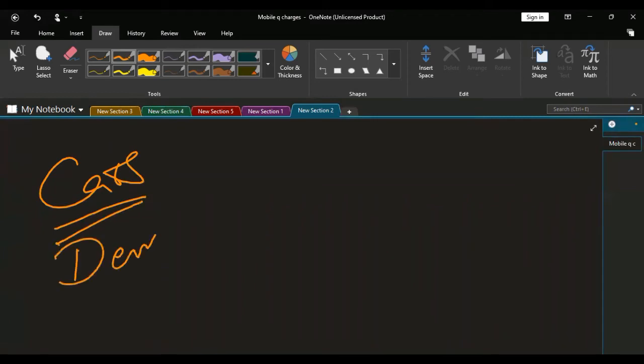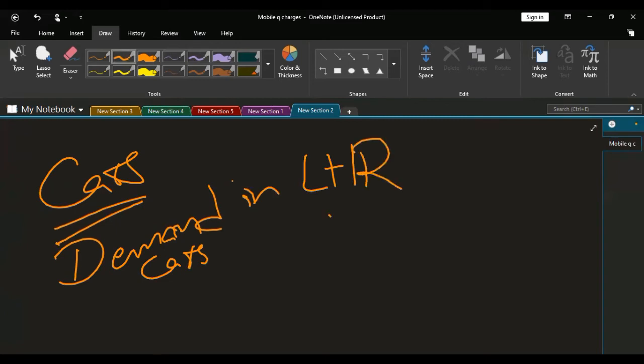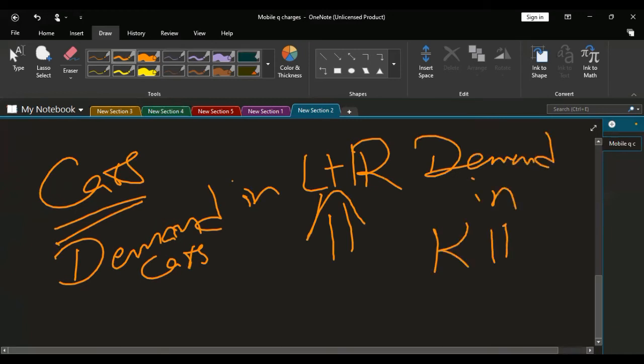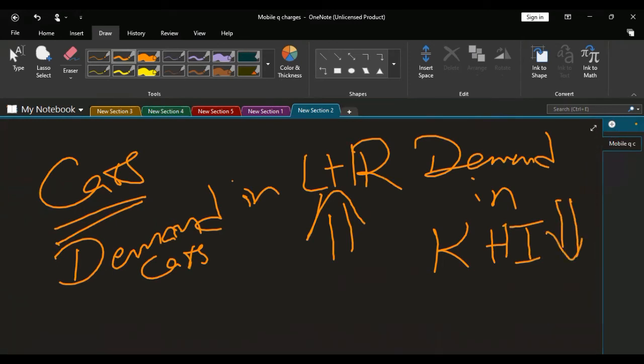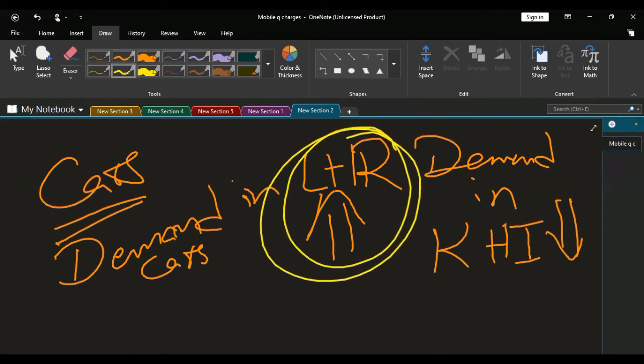If demand for cars in Lahore is more than demand for cars in Karachi, then the producer will focus on such a market where there is more chance of increasing the revenue for its business. So demand in the Lahore market will increase. So market capacity or market demand matters a lot.